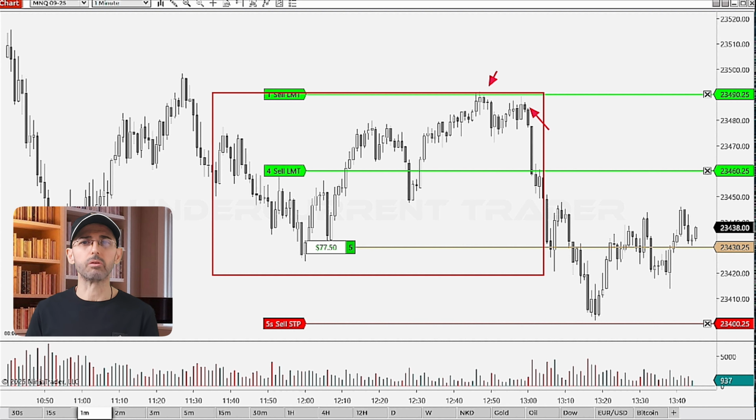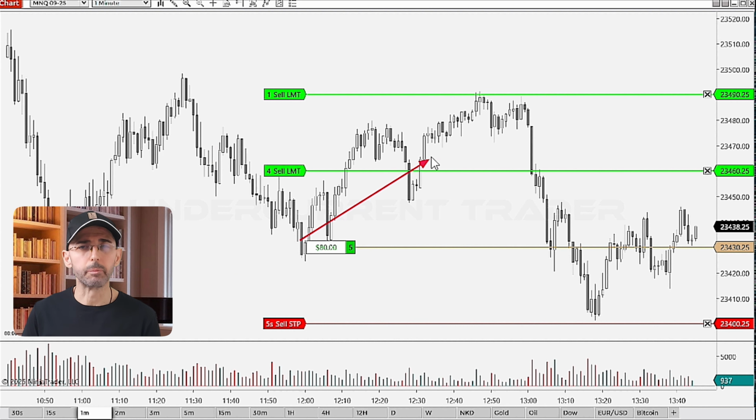Now, that failure, especially on such obvious bullish momentum, isn't, in my opinion, just a pause. It's a sign, rather, that market makers are actively absorbing orders at that level. And the subsequent move here, I think, is even more critical, because we don't get a slow grind down at this point. Instead, we get a series of impulsive supply bars with this upward retracement, which is masked, as you can see, as a relief rally, when in fact, this is just another liquidity grab at this 420, 450 directional